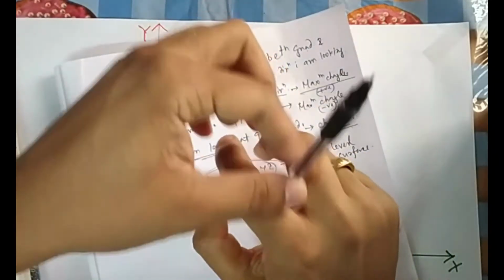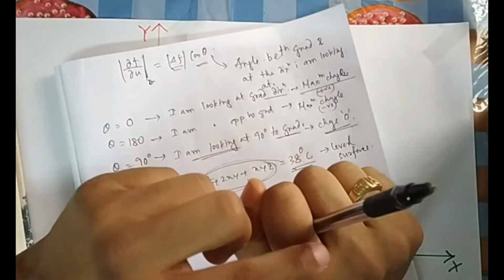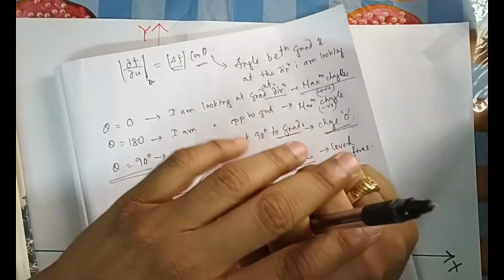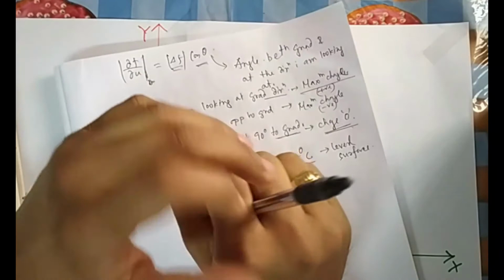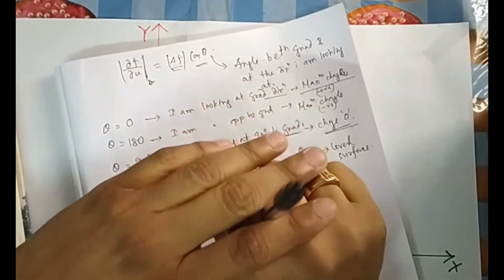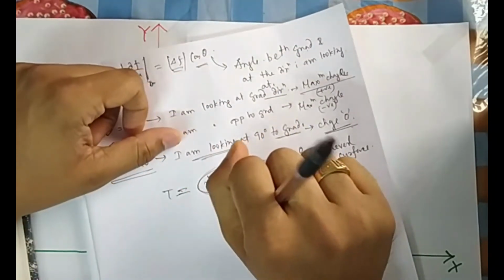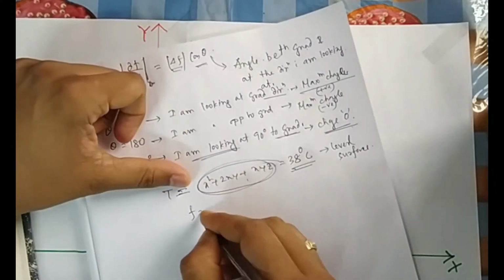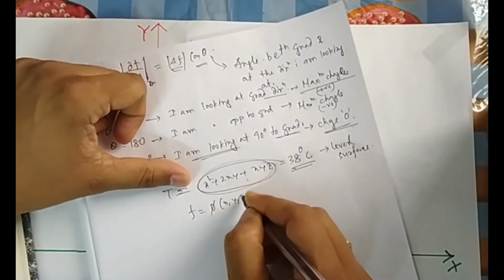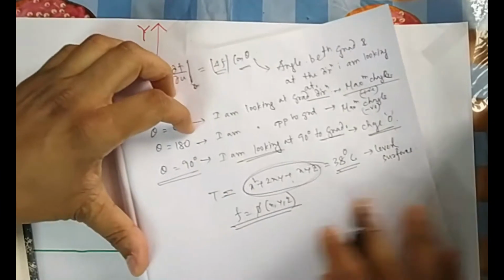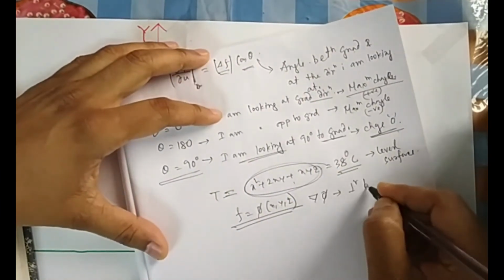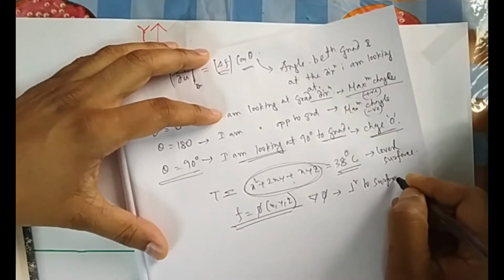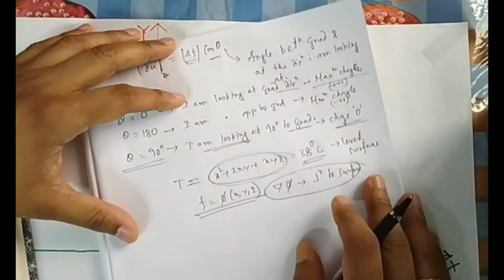So the gradient should be here. This is the gradient. So the gradient always gives the perpendicular to a surface. You always remember this one. What does the gradient represent? It is always perpendicular to this surface. This is my surface, so the gradient will represent that perpendicular. Suppose this is a scalar function, some function of x, y, z, phi. Then we say grad phi represents the perpendicular to the surface. That is one of the finest applications of the gradient.